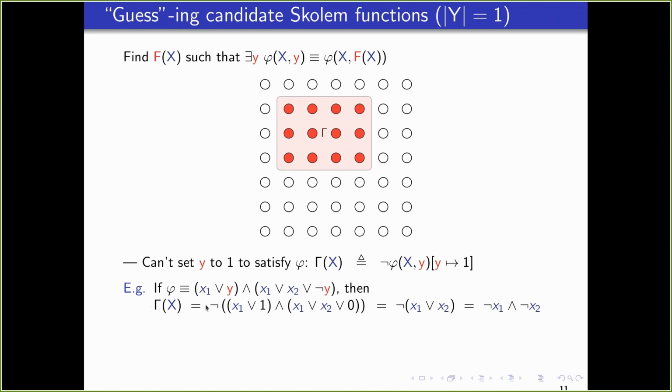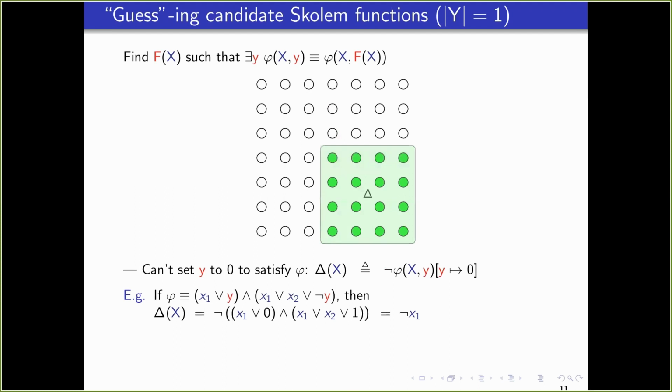And here is a simple example, 2 clauses in phi, and then I just set y to 1 and take the negation. This gives me the set of valuations of x for which I can't set y to 1. As you can see, if x1 is 0, I can't set y to 1. Similarly, if x1 is 0 as well as x2 is 0, then this becomes y and negation y. So of course, I can't set y to 1. In this particular case, I can't set y to 0 as well, but certainly I can't set y to 1. So this is a straightforward thing.